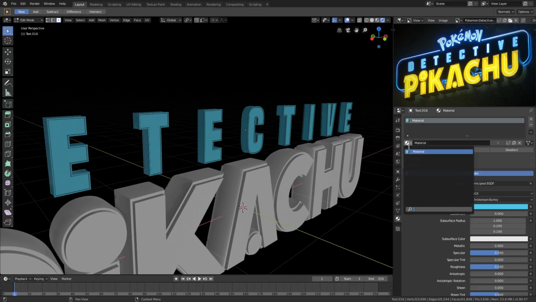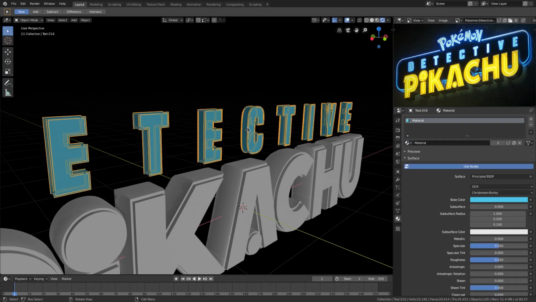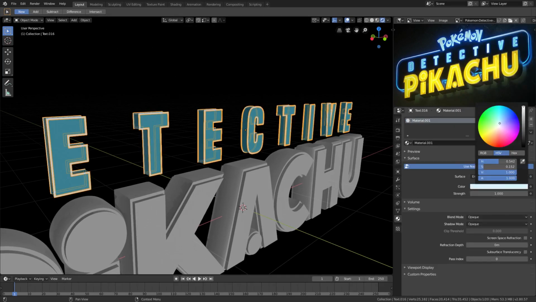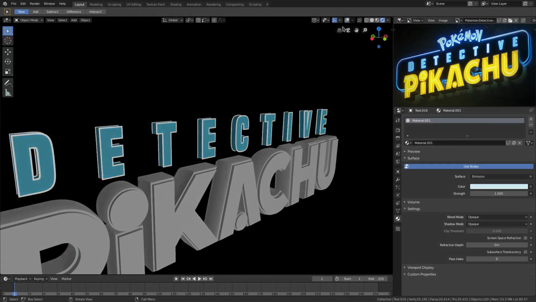We can go ahead and assign that material once again. So we'll select the text, not in edit mode. 3. We'll change it to emission and give it a very slightly blue color. Alright, so now if we take a look at that,